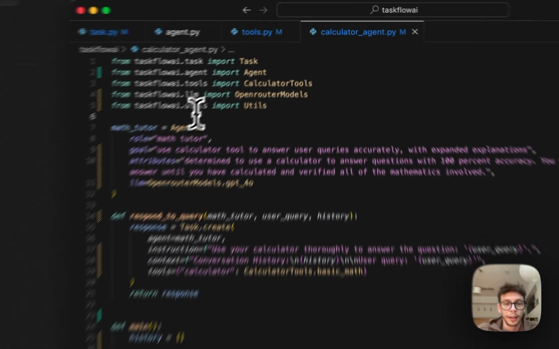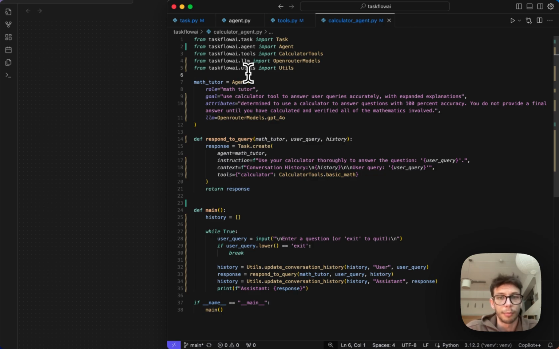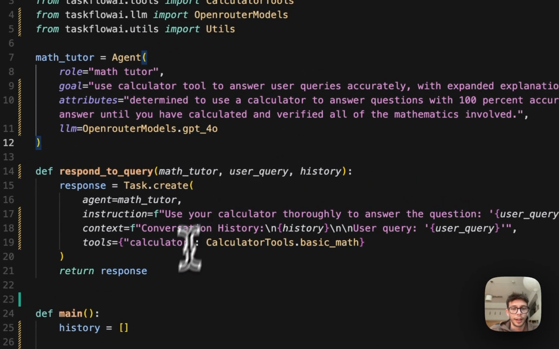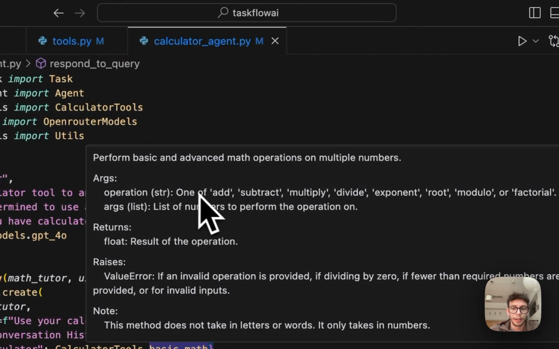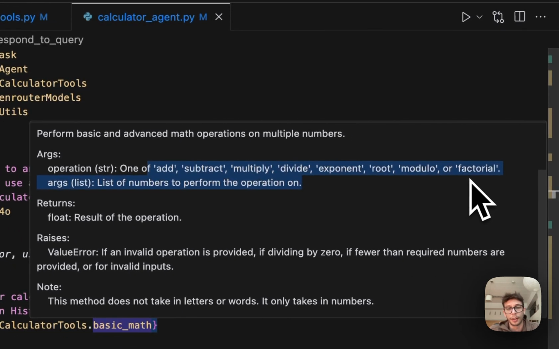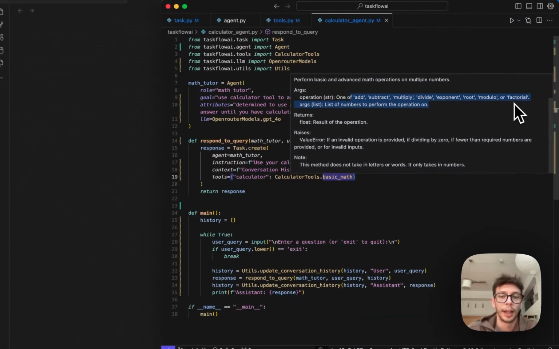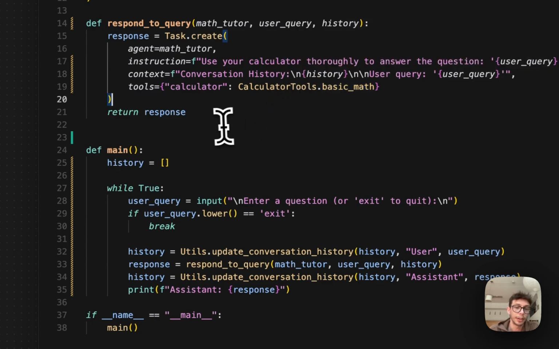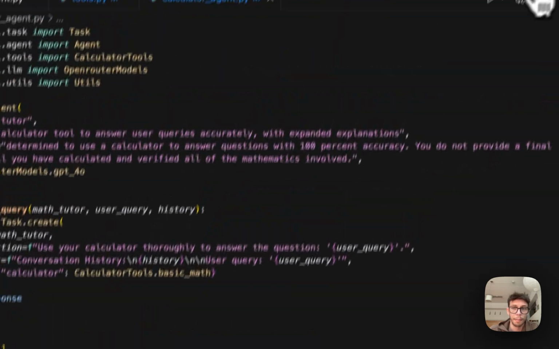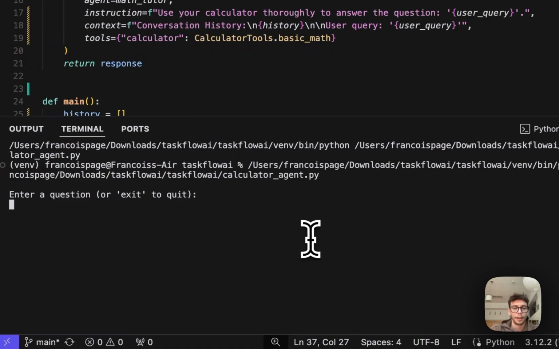So what does it look like? This here is a very simple single agent, single task loop where we've given a math tutor agent a calculator tool. And that calculator tool is essentially just a function that takes in arguments, including numbers, and whether they want to be adding, multiplying, subtracting, etc. And it returns the output. So the calculator tool is something that the agent can use to answer any question that the user puts in. So we can test that out. We can ask if 30 chickens